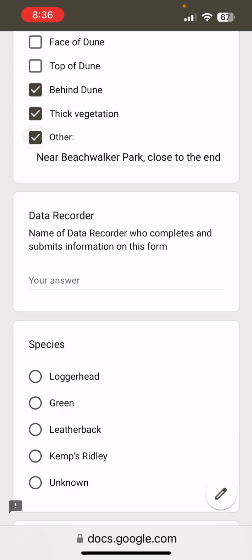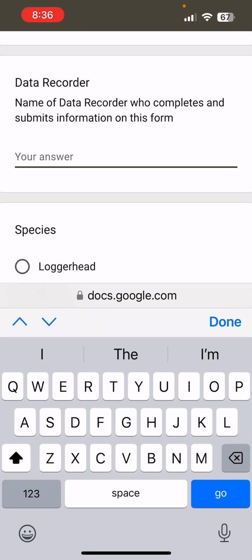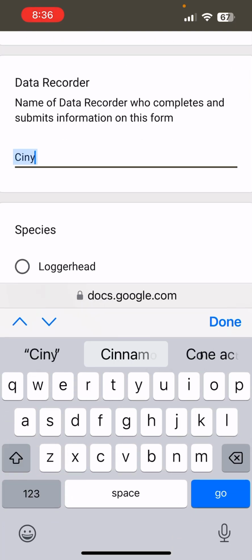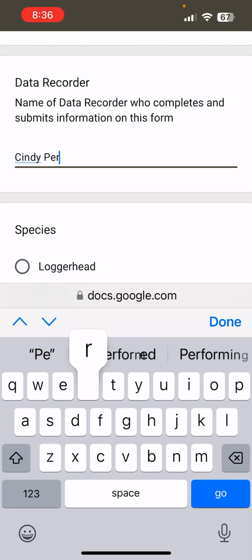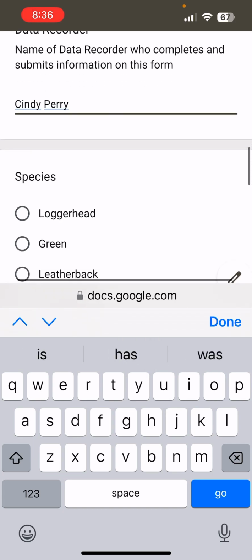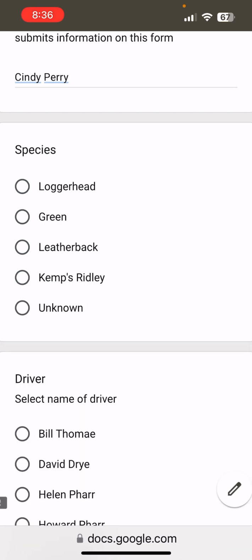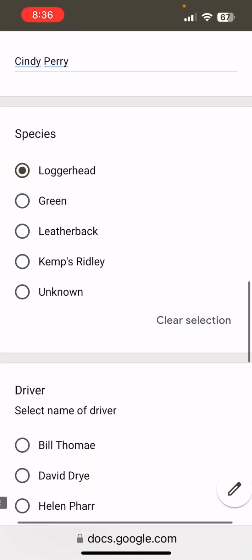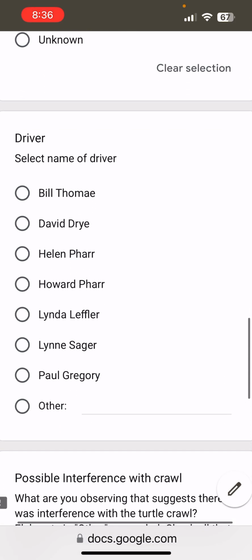I'm done. The name of the data recorder, that's me. So I'll put my name in here. And then if there are any questions, someone can call and ask me about it. It was definitely a loggerhead. The driver was Helen Farr,